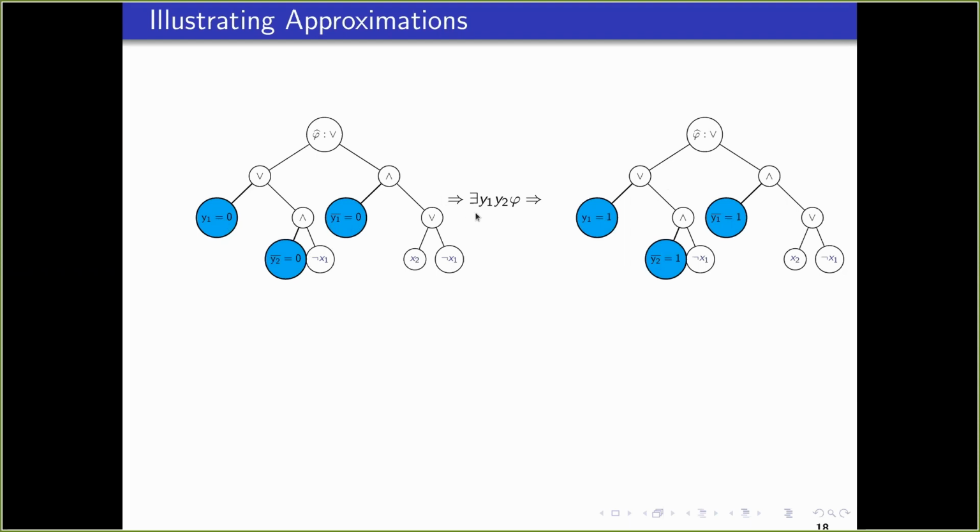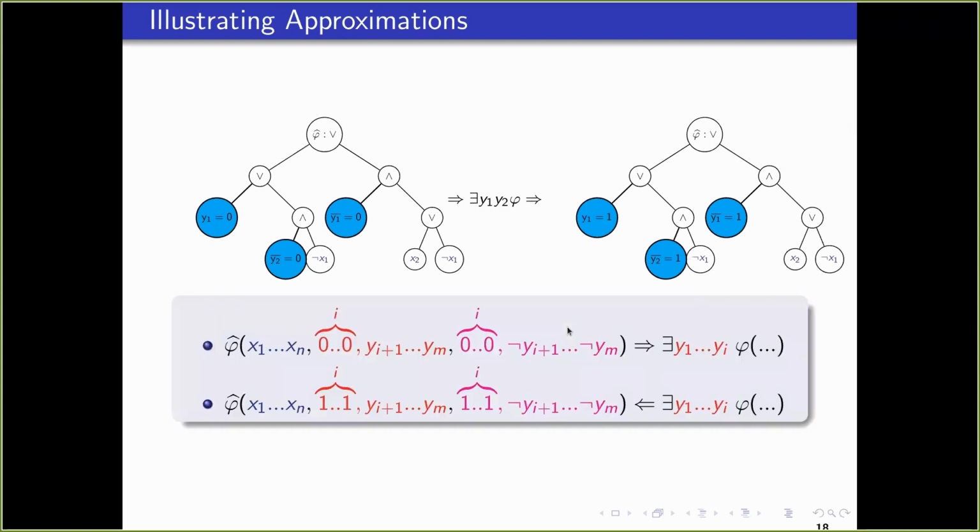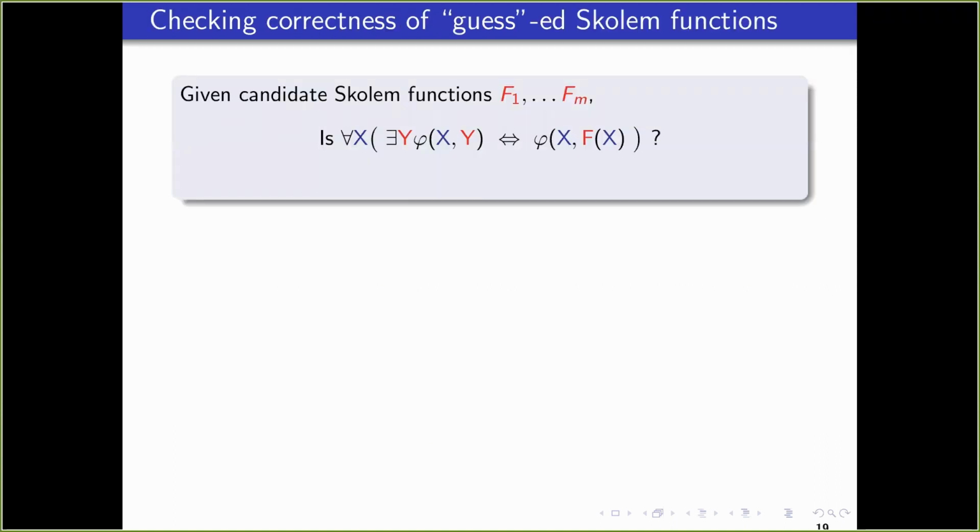And if the circuit is monotone, basically I have only AND and OR gates upwards in the circuit, negations are all at the leaves, then I can just set the leaves to the smallest possible values to get the under approximation, and I can set the leaves to the biggest possible values to get the over approximation. So this allows us to get whichever way we want to work, but of course our goal is to work with under approximations. So yeah, let me not get into this. This is just writing out what is depicted in the picture, that if you set the leaves appropriately, you can get the under approximations and over approximations. Okay, so this tells us how we might be able to get approximations to the Skolem function.